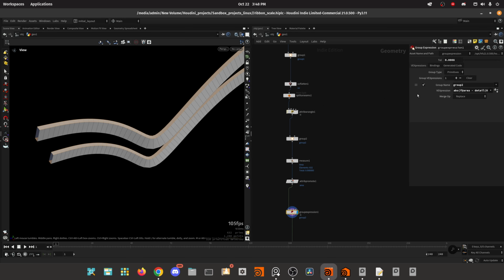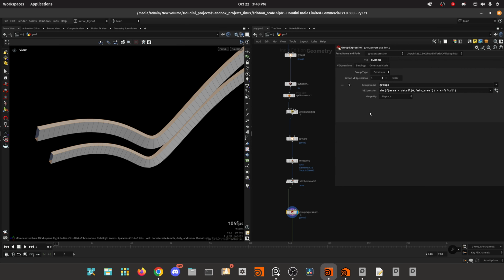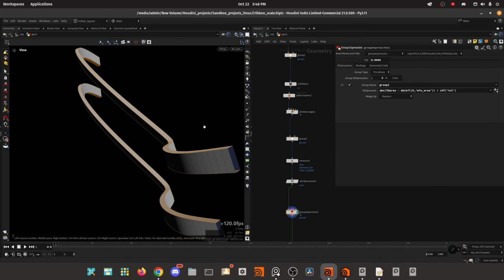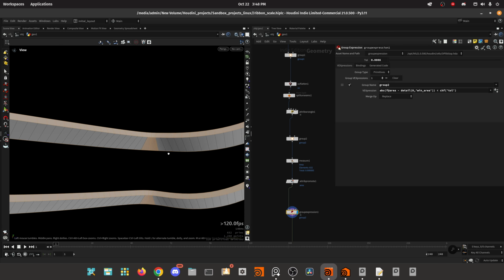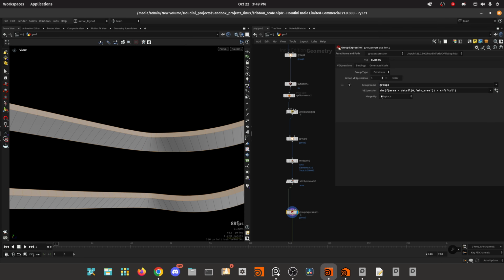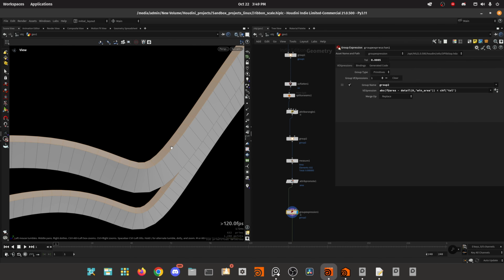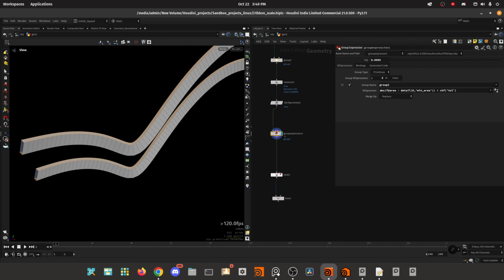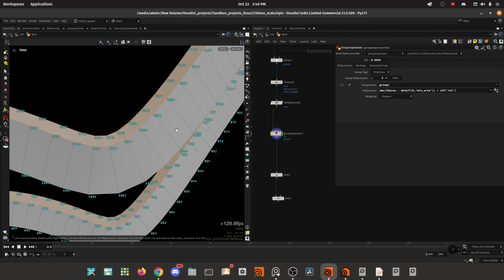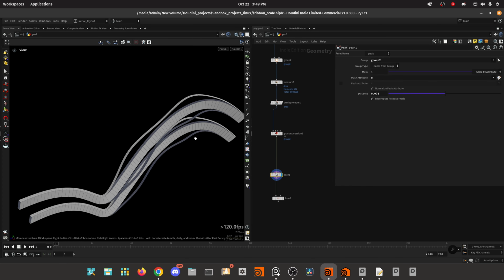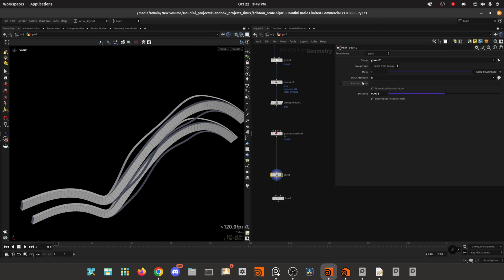And then in a group expression we can use that area and the mean area to select within a tolerance. And I can see that it's selecting more than I want, so I'm gonna decrease this in here. And as you can see, we have a tolerance to select all those polygons in there. Then it's simple. Right now the geometry is split. So what we can do is a pick, and now the pick node in Houdini 21 allows us to input a mask attribute, which I'm using that U that we created, and I'm doing that only on this group